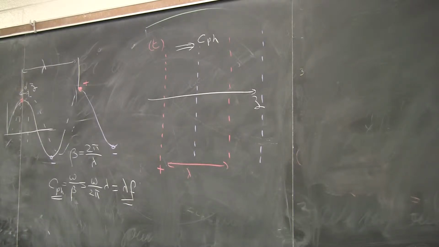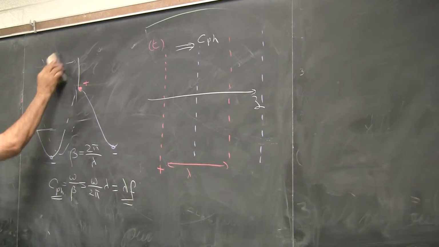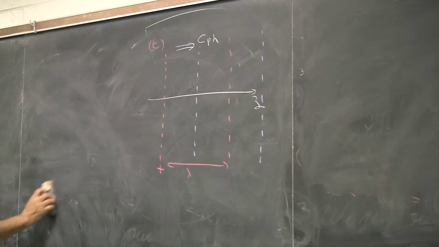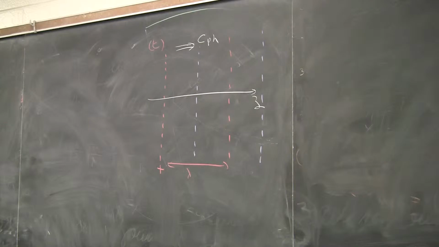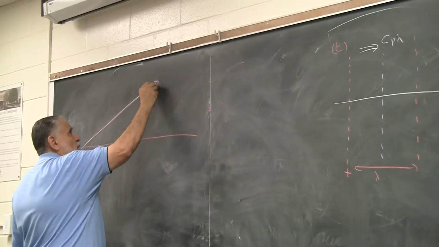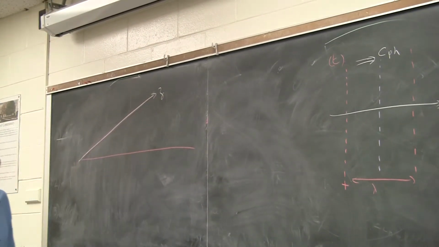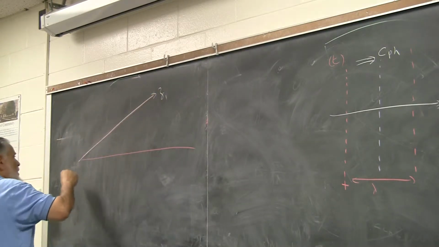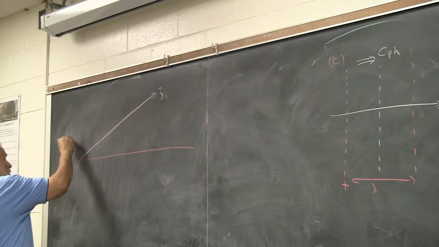Next, I'm going to interfere that with another wave. But before I do that, I'm going to angle that, an angle above the horizontal. So this is my, should do that in white. My Z now. Okay? Call that Z1. So wave 1 is traveling this way, and these are the pulses